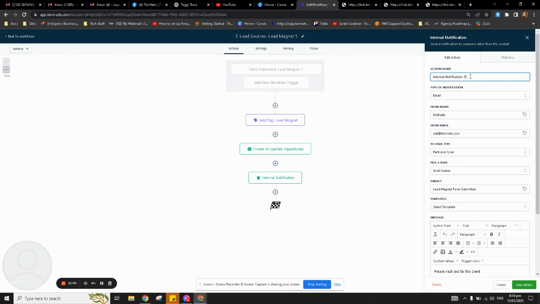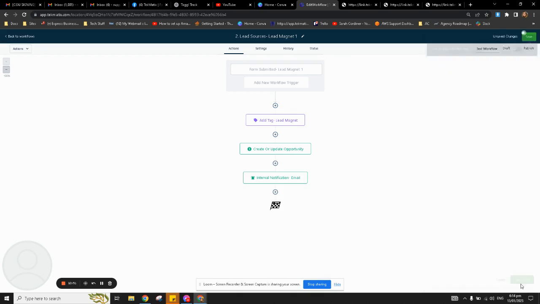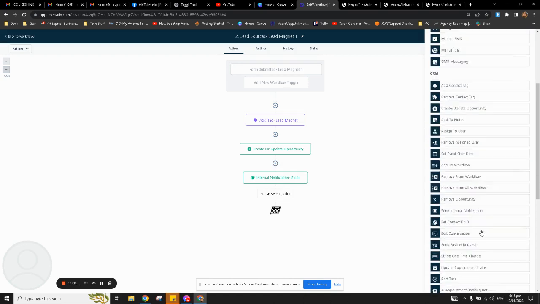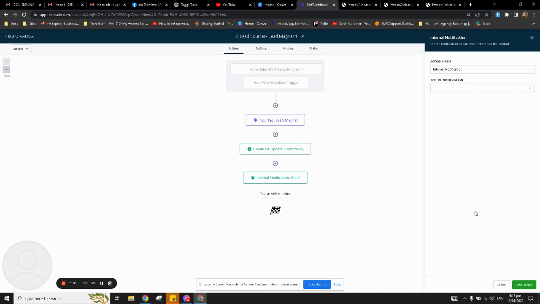So this is the internal notification for email. If you want to create a different internal notification, you can do that. But for now, let's just do internal notification. One will be for the email, one will be for the phone. So I'll add the second one, which is basically notification, and then lead magnet form